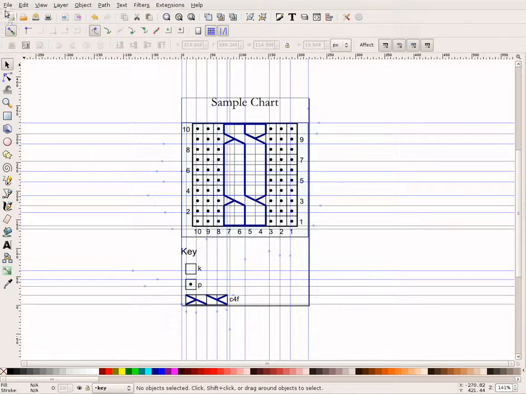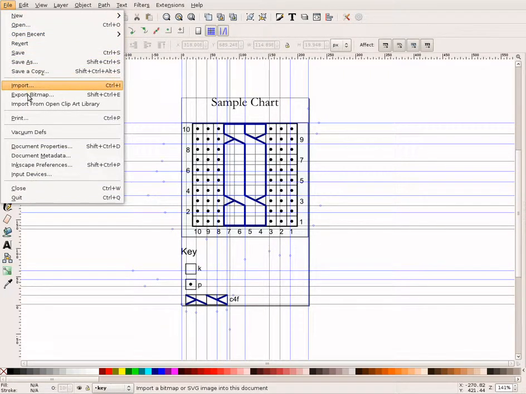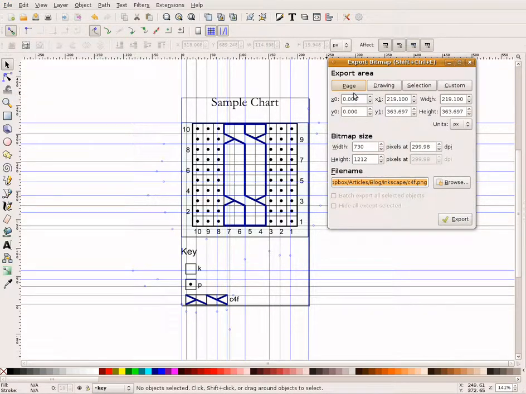Now, I can go to File, Export Bitmap, and I can export this as a PNG. By default, Inkscape actually defaults to 90 dpi. That is more than sufficient for most projects. However, it is always easier to shrink a document than it is to enlarge it. Therefore, I'm going to dial the DPI up to 300,